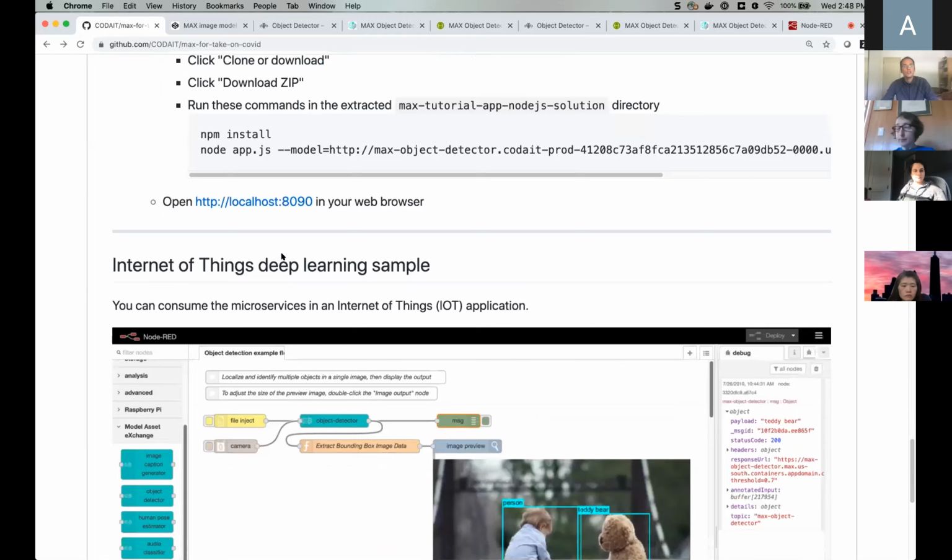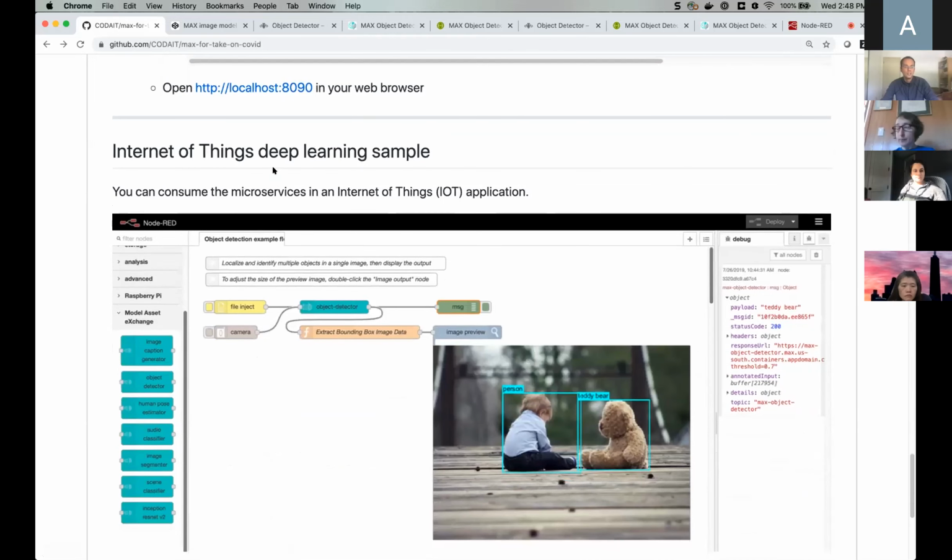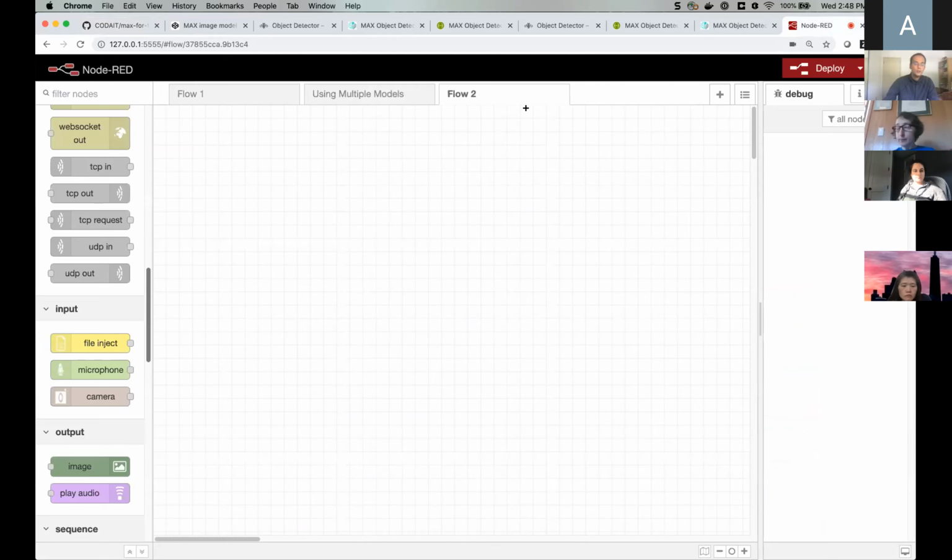Last thing I wanted to show you is something that Pooja has mentioned earlier, the Internet of Things example. So let me open this one up. What I'm using here is a Docker image that we have built. And for those of you who are not familiar with Docker, the fundamental idea is you can use a sandbox environment, an isolated environment in which you can run any type of code, right?